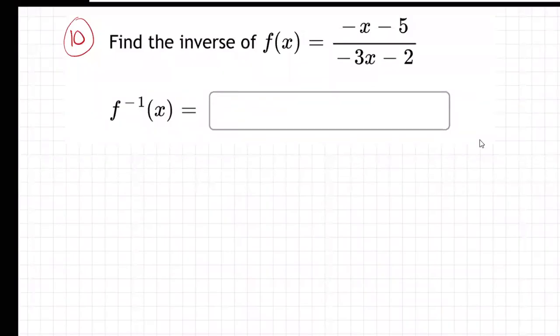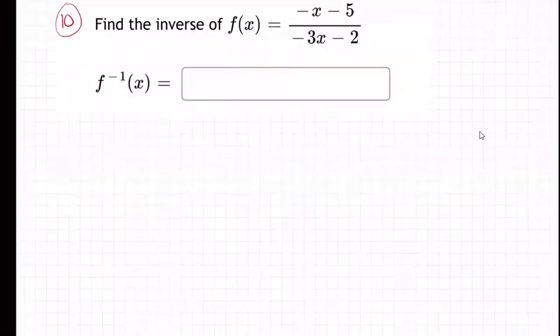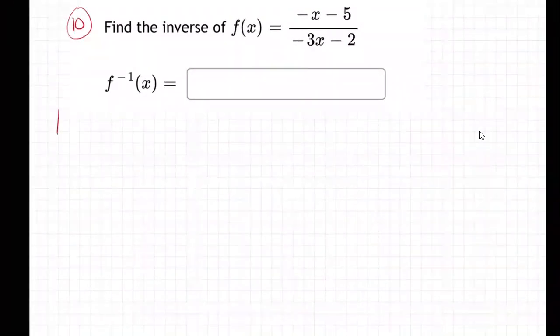Okay, so they want us to find the inverse of this function. This one's going to be fairly challenging. It's the same steps, but a little more challenging than normal. So step number 1,